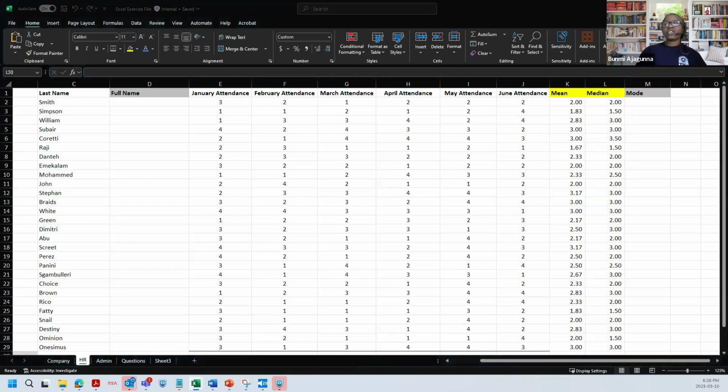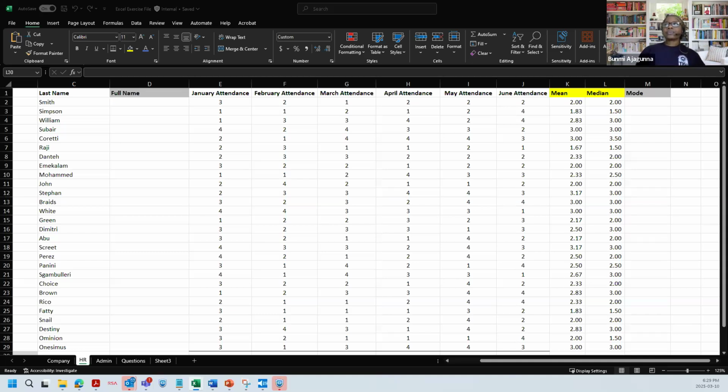Our mode is pretty much the number that appears the most. I always remember it because they sound alike: mode, most. So the mode is the number that occurs the most. You look at the distribution and figure out which of these numbers appears the most. In this distribution, we're looking at January to June, so it's a little easier because we're looking at just six months. But sometimes you will have monster spreadsheets from one end to another, and you have to find the number that occurs the most. And you cannot just start by calculating it.